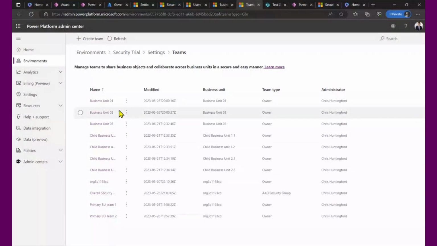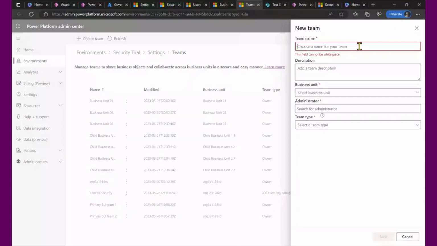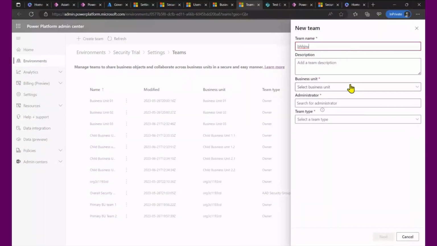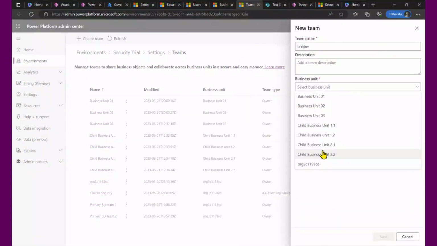So effectively, all you're really doing is, if I say create a team, I'm going to give it a name, whatever, it doesn't matter. The business unit you can select from your set of business units, so you can have an entire data structure linking up to AAD security groups and controlling the groups through AAD rather than directly in Dataverse. Praise the Lord, right? So you don't have to have the Power Platform admin doing it. You can actually have somebody that's an Azure admin doing it.